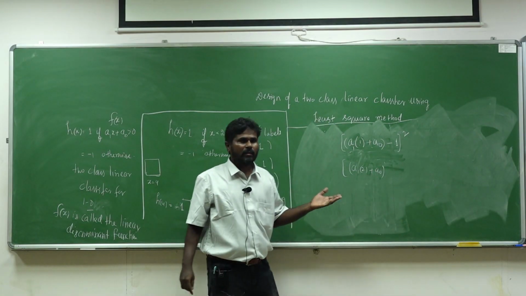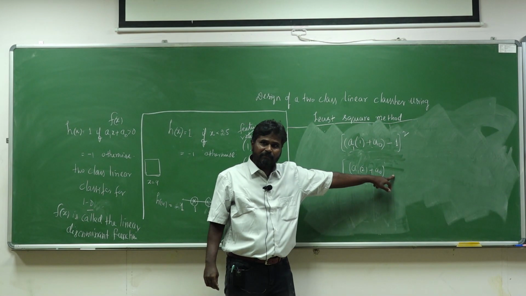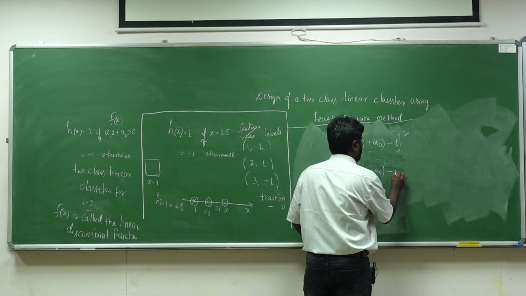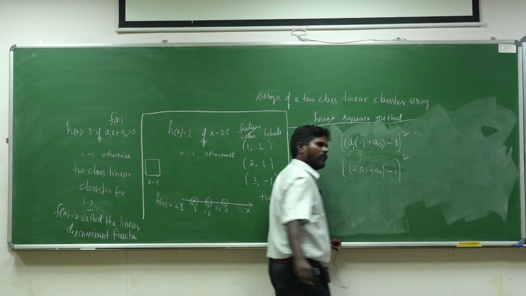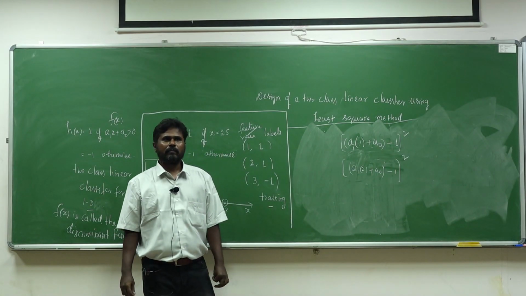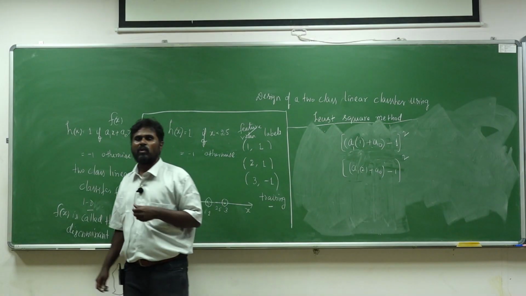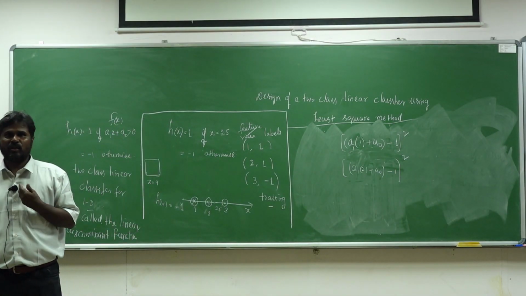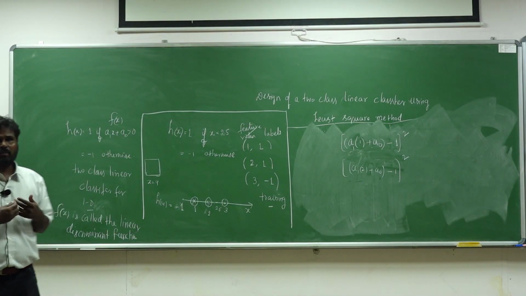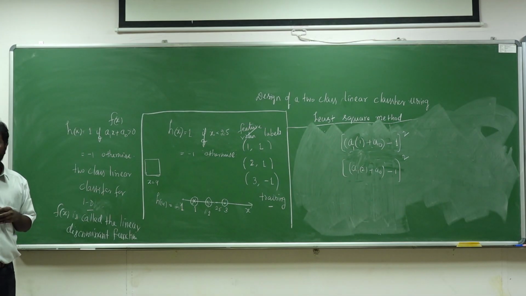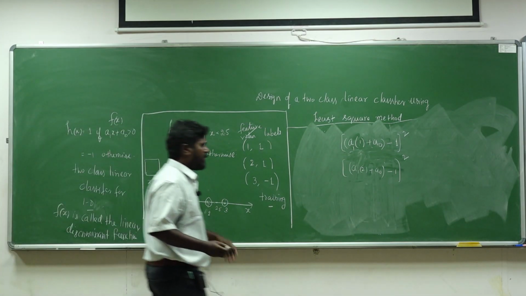What is the error? This minus 1. If I substitute x equal to 3, what should I get? I should get -1. If I don't get -1, there would be an error, right? So the error is